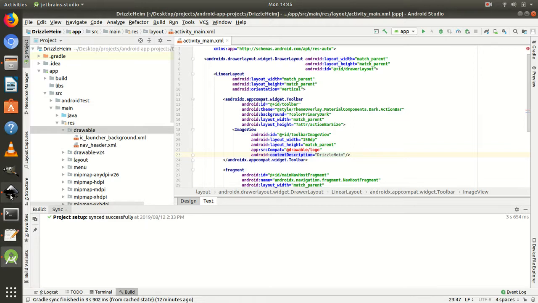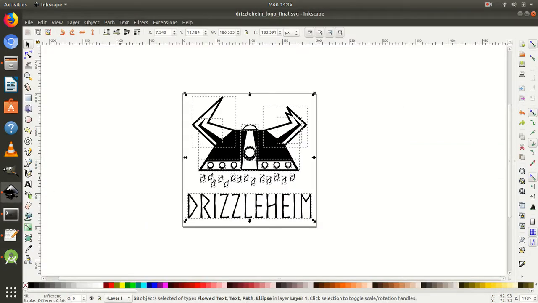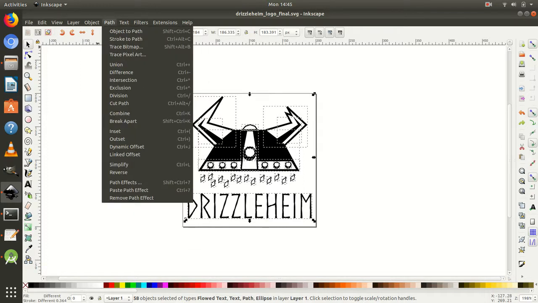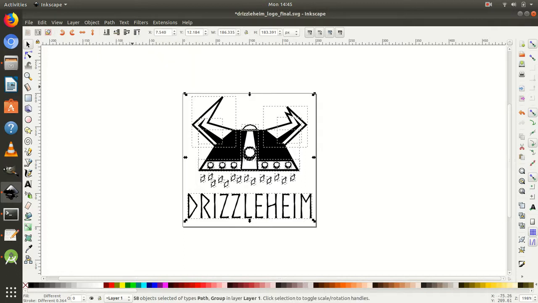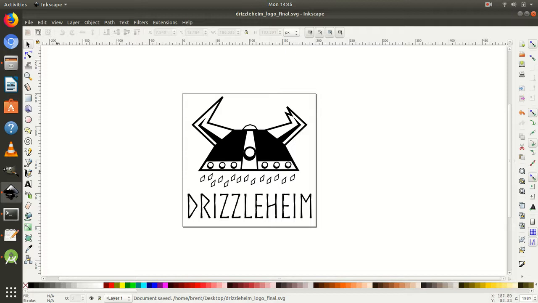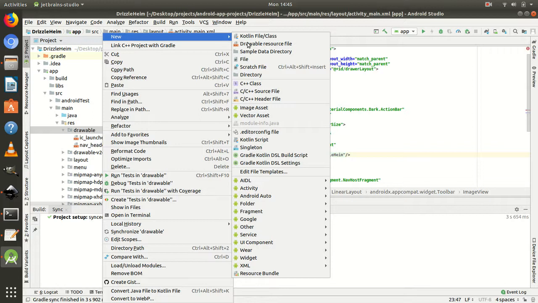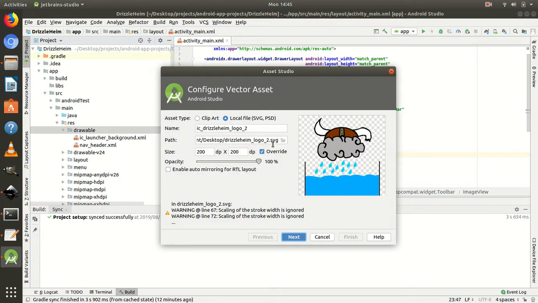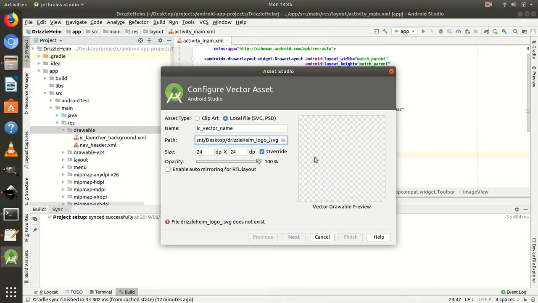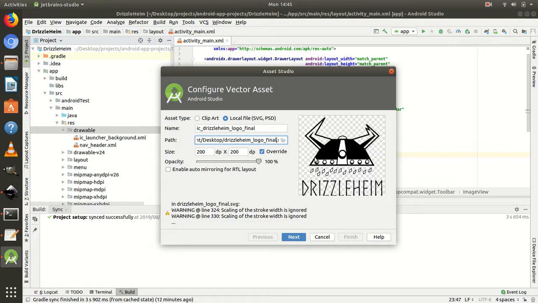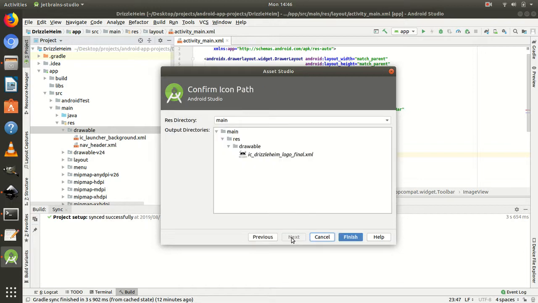So let's go back to Inkscape. I'm going to press Control A for select all, and I'm going to go to Path, and then Object to Path. You see there's a shortcut there, Shift Control C, but I'm just going to click on that. Okay, I'm going to save that. Now if I go back into Android Studio and I right click on drawable, new vector asset, and I go back to that same SVG, it looks a lot better. If I click next,